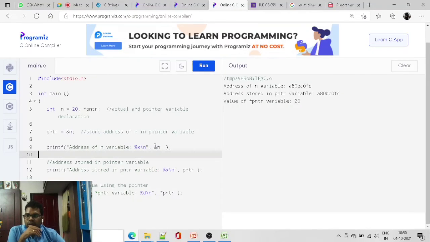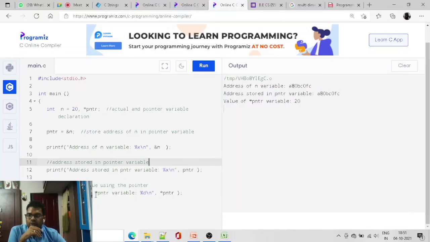Printf, address stored in pointer variable. The pointer now holds the address of the variable, ampersand n, and the pointer holds the same value. Here you can look into this, the same value is shown over here.